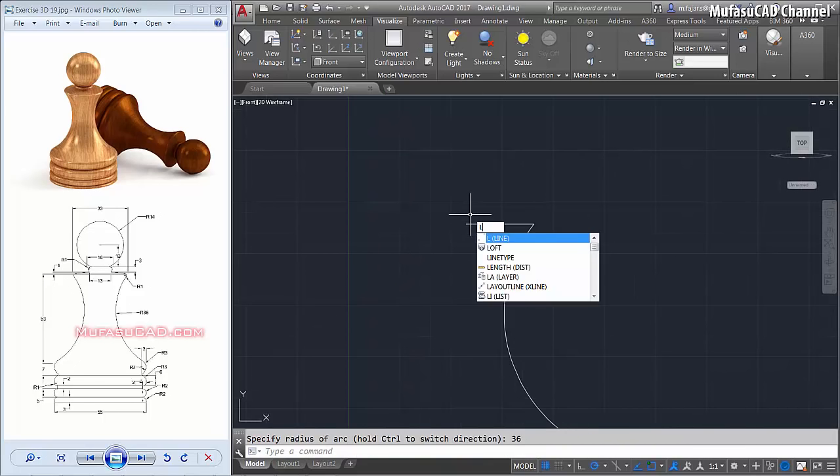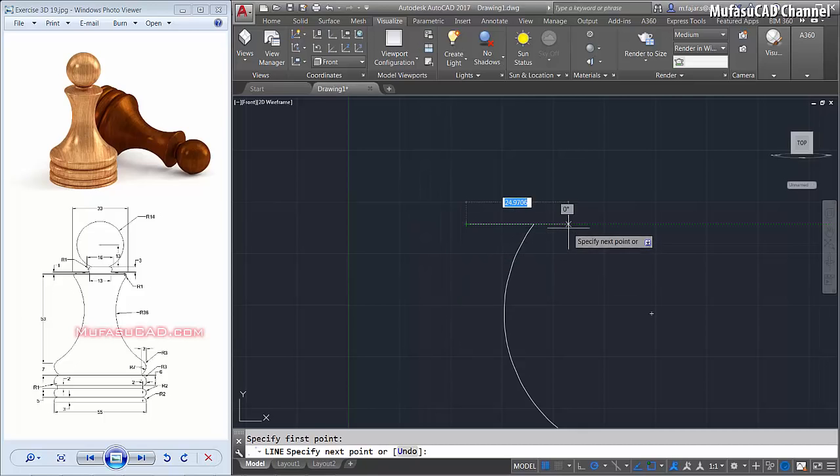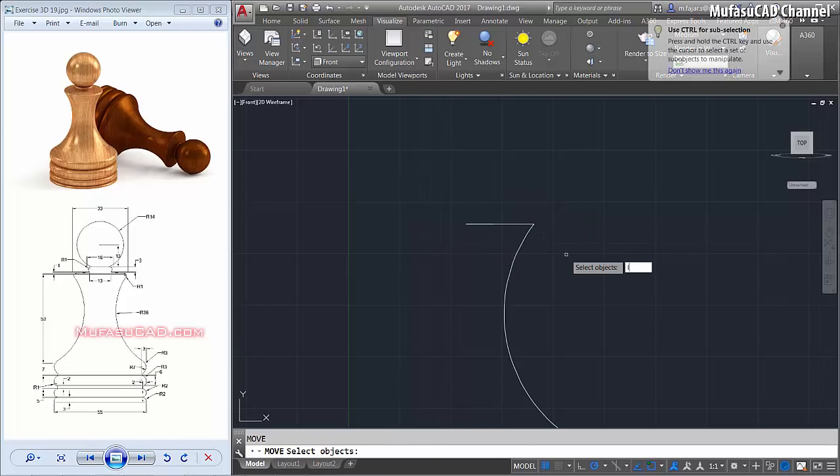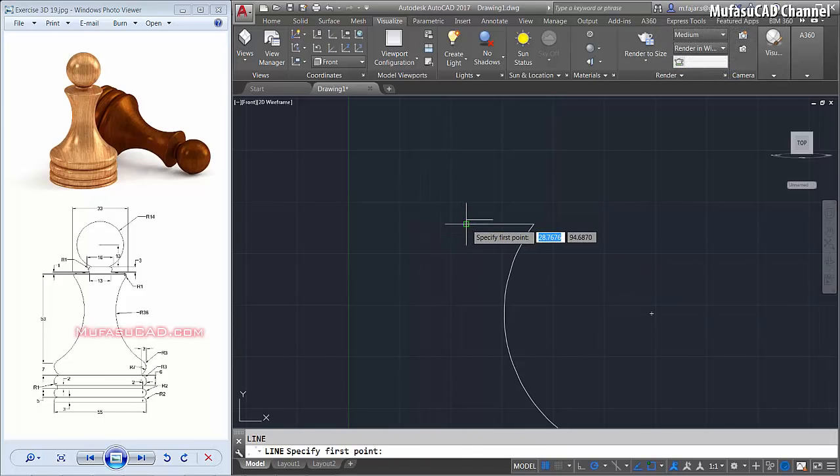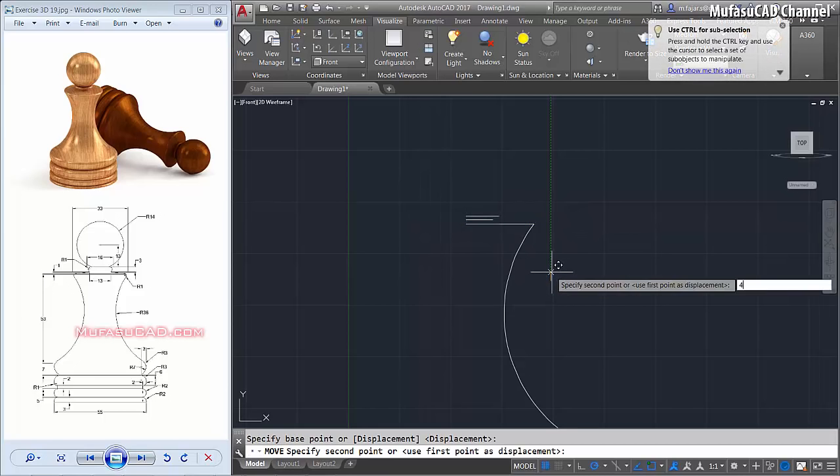We use a line command from this point to the right here about 6.5 and move the last object to the top about 1. We create a line from this point to the right about 8 and move the last object to the top about 4, and use a line command.